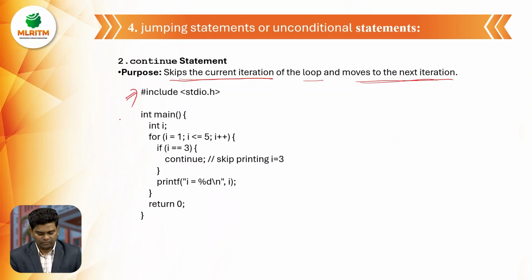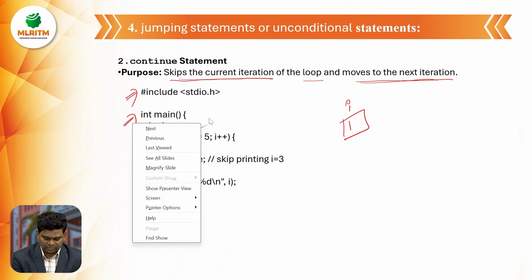As usual, we have the header file. Then execution begins from main. Then in memory, we have I is equal to 1. Then directly we have the for loop. You know that in a for loop, execution begins with initialization, that is I equal to 1. Then I less than or equal to 5. Then test the condition: 1 less than or equal to